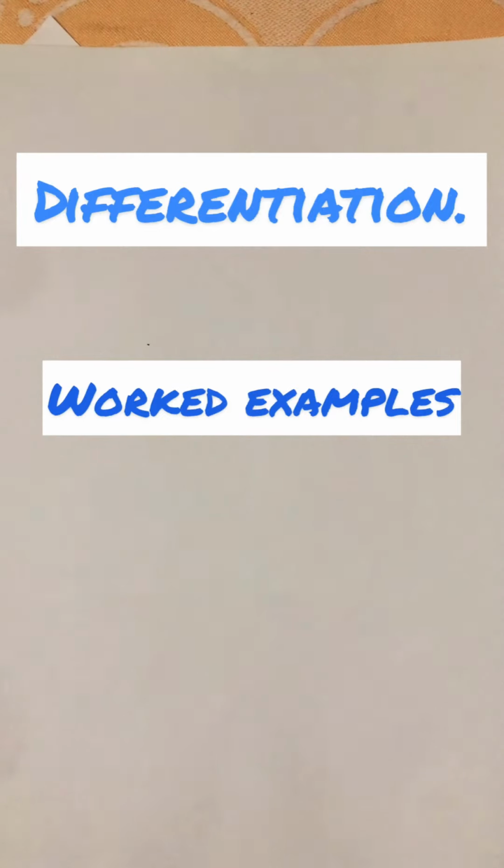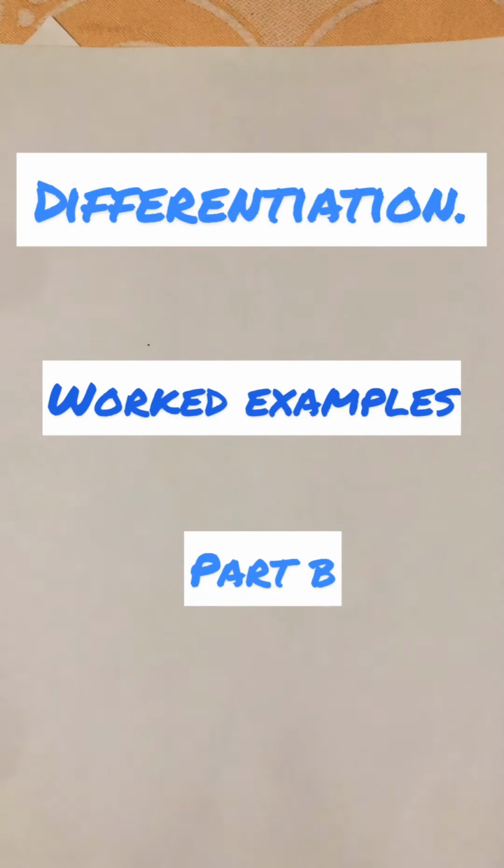Part A was about the basics of differentiation, how we try to simplify differentiation, and if you can remember, the most important things are mastering your indices. Then you have to know that it entails multiplication and subtraction. Now we're going to part B, which involves much more complicated questions in differentiation, and we'll explain to you why differentiation came about and the use of differentiation. So to begin,